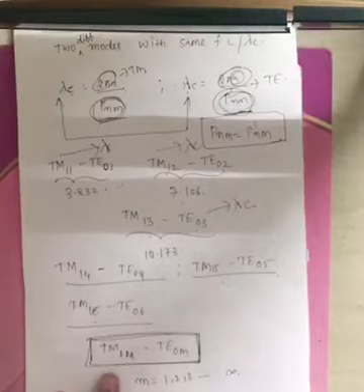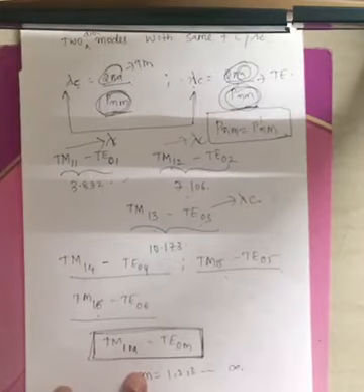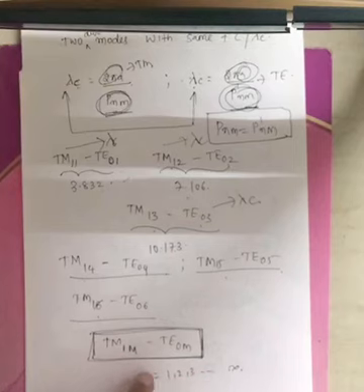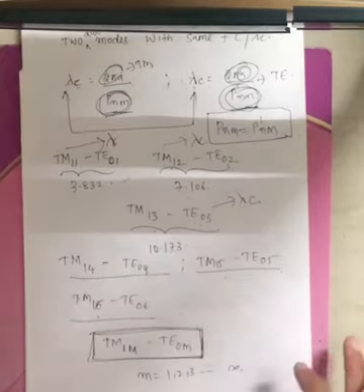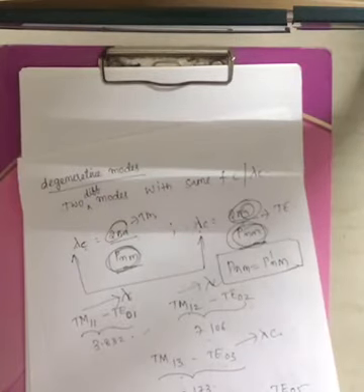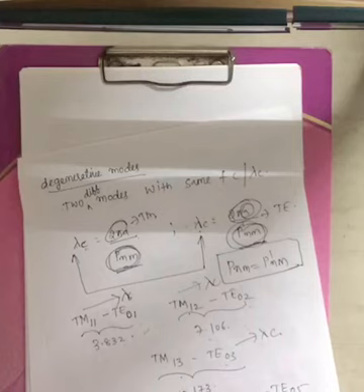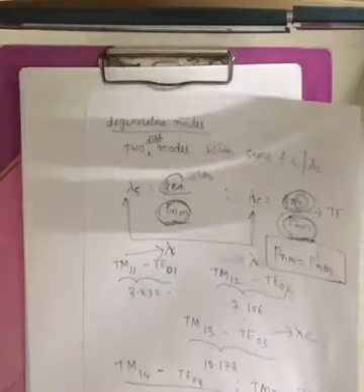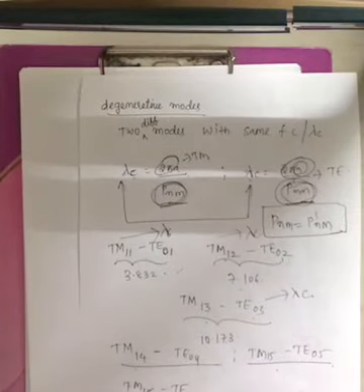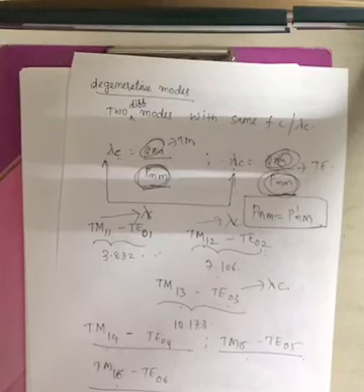In brief, I can say that the degenerative modes of a circular waveguide are TM1m and TE0m, where m varies from 1 to 3 and so on up to infinity. Now I have covered four topics. One is that we have defined cutoff wavelength and cutoff frequency for TE mode and TM mode. Those two are different because the root values are different. The dominant mode of a circular waveguide is TE11, which has the least root, that is 1.841. And the degenerative modes are TM1m and TE0m, where m varies from 1 to 3 and so on up to infinity.